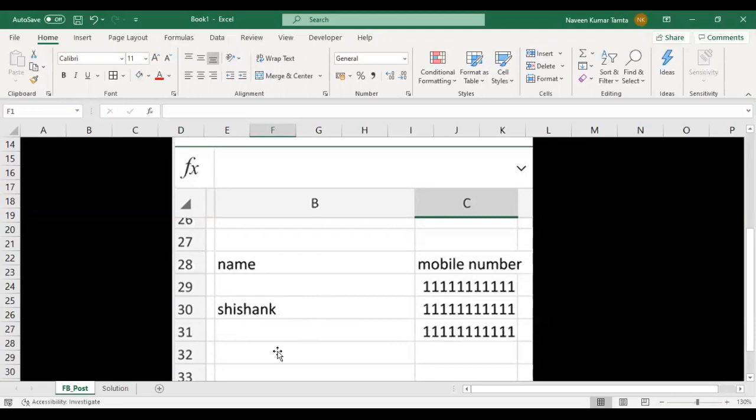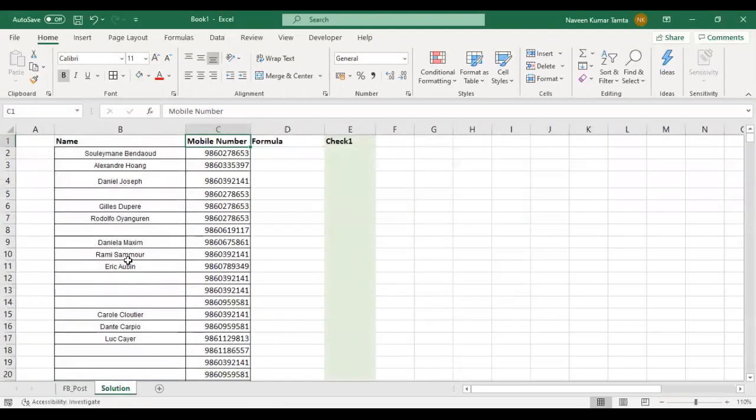So I have prepared one solution for it, and the example is there in this page. Here you can see some names have been given and mobile numbers as well. We have some blank entries here and some repetitive mobile numbers.